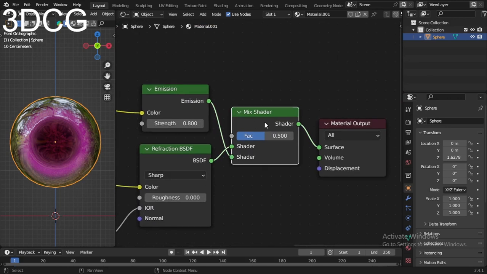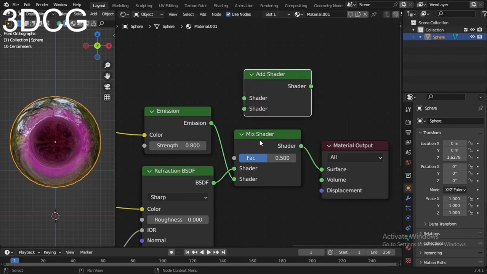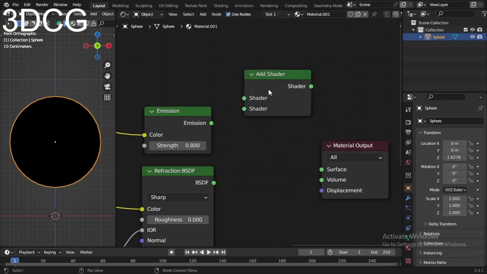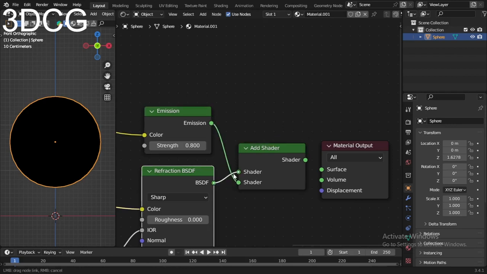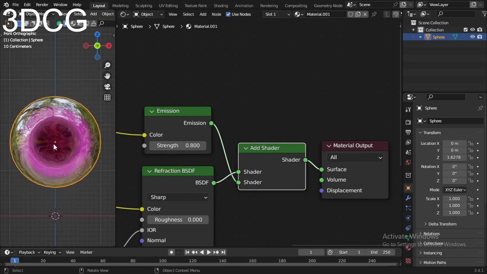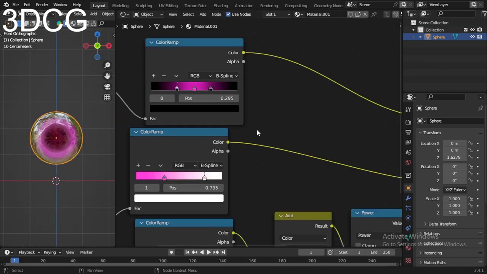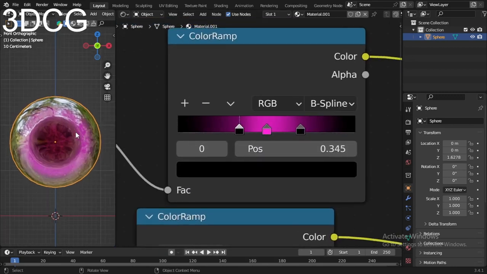I think I should remove this Mix Shader, and I take an Add Shader node. Yeah, and I think delete this one and connect this Emission to this one, and this to this. Yes, now it looks better. I think I should move it more close to this one, and I change this to the render preview. If I check the render of this one,